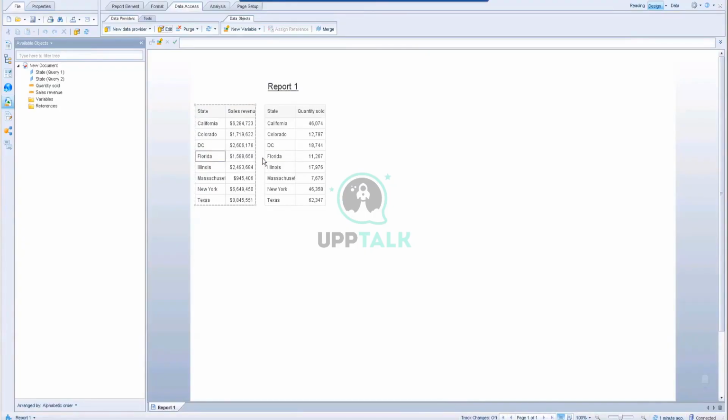Here we have state as the same column. Based on this, we can merge these two tables into a single table. We can merge the objects from two data providers into a single report. If we have a common matching column between the two tables, what we can do is